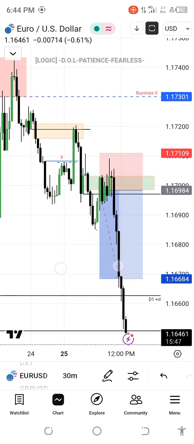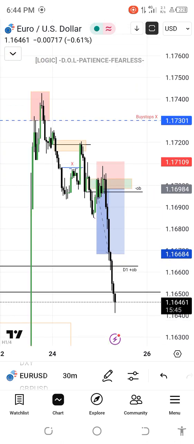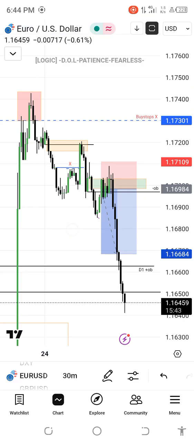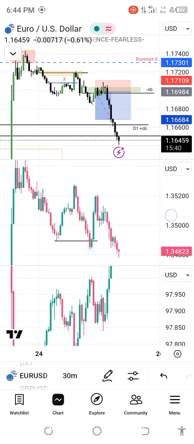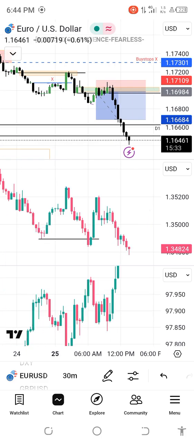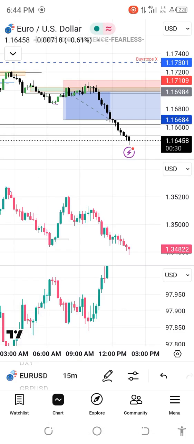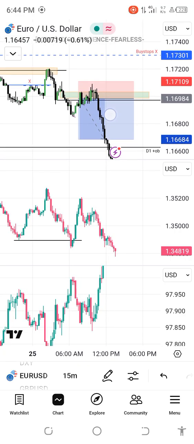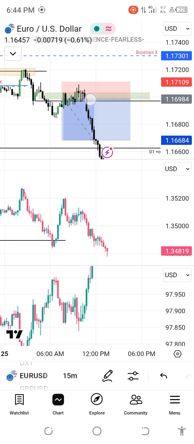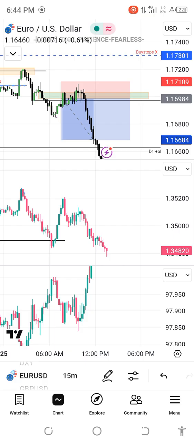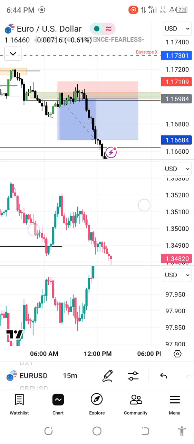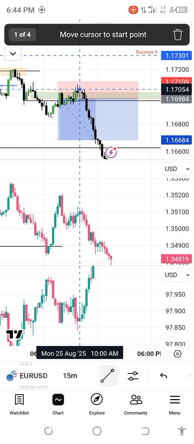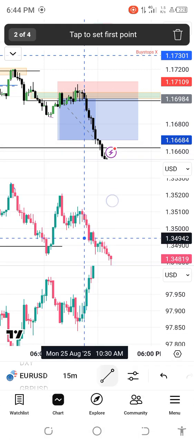So recall I had this SMT between GBPUSD and Euro USD. On a normal day, GBPUSD would have been a proper pair to trade, but given the fact that today is a GBP banking holiday, I just chose not to take the GBP trade again during the New York session. So why I would have taken the GBP USD trade rather than the Euro USD was because if you look at the SMT here,